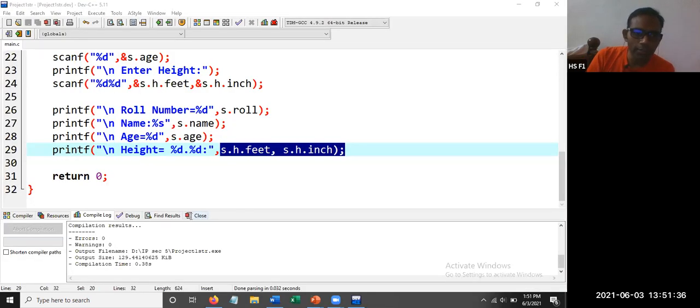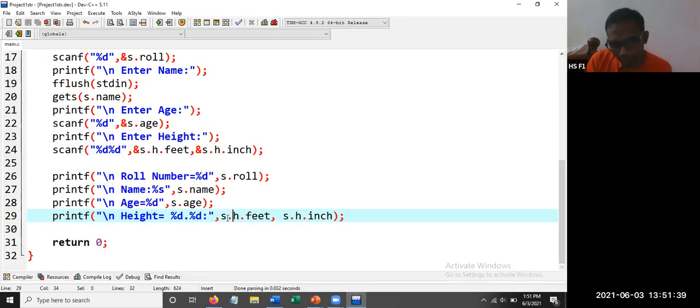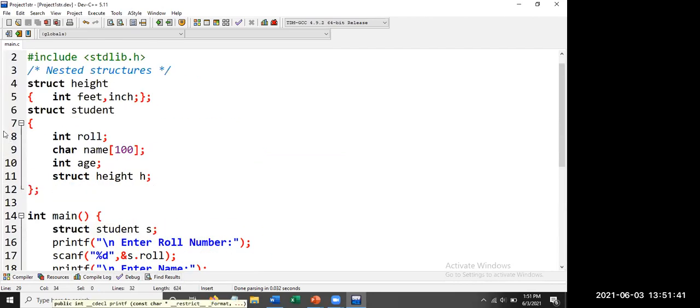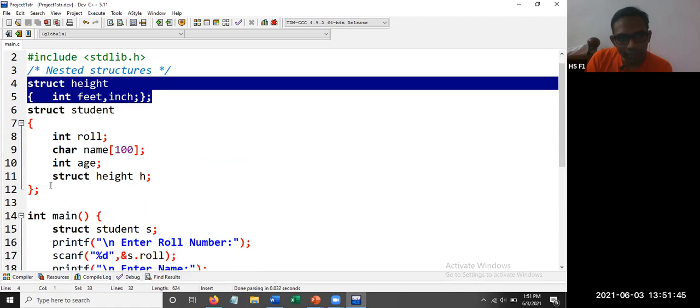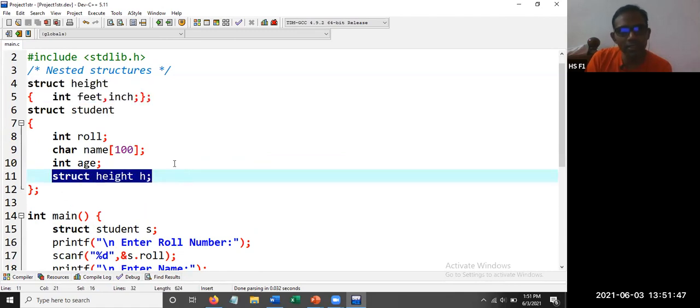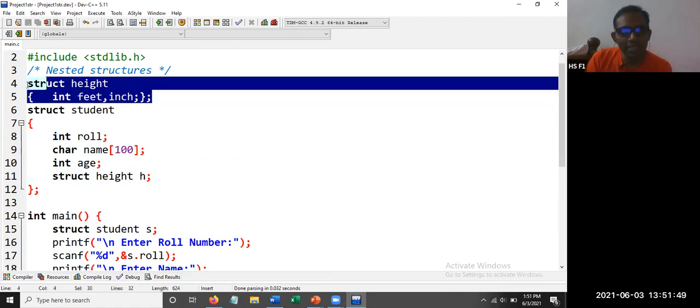Is there any doubt in this program? So the only thing is you are having nested structures. The one way is you need to write both the structures, then create the variable for a structure inside another structure. Then this structure is called as nested structure. Creation of a structure inside another structure is called as nested structure.